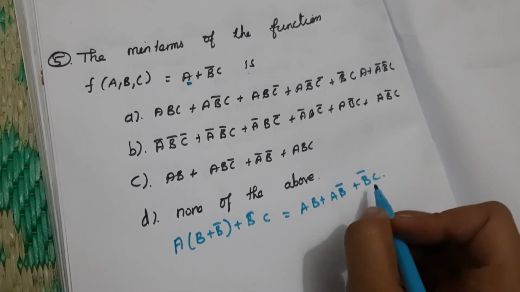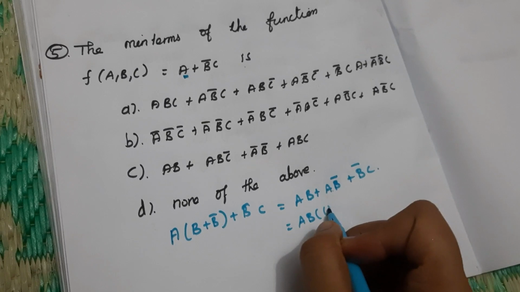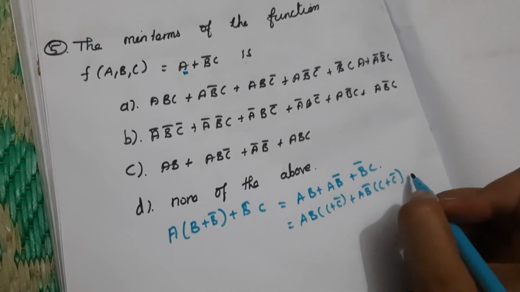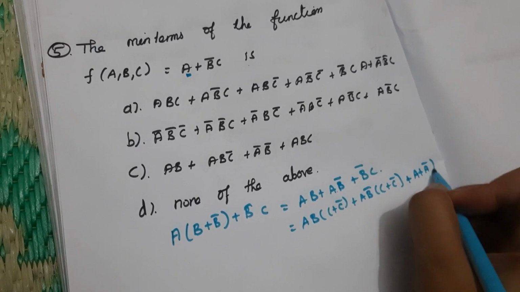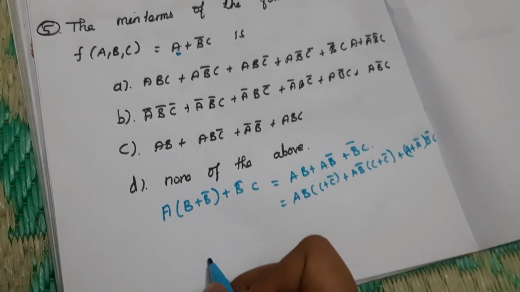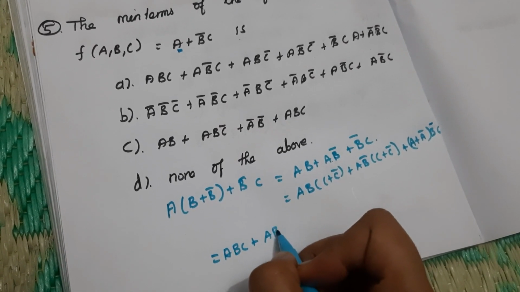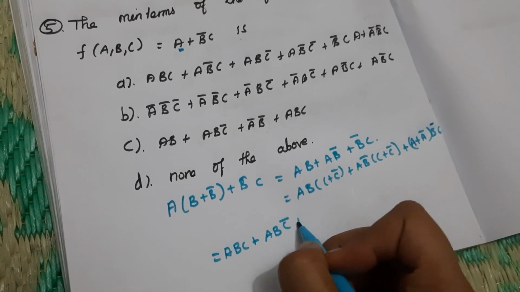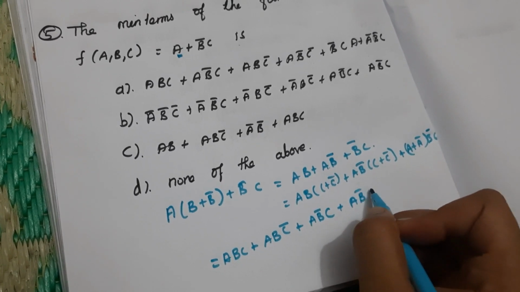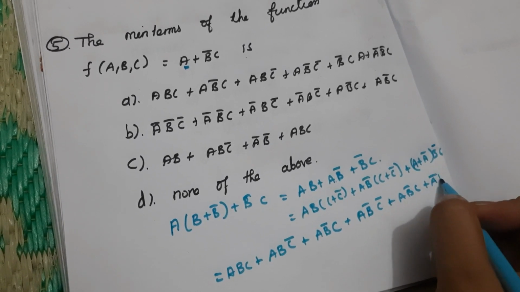And now also here a is missing, again here c is missing. So again abc + c' plus ab'c + c', and here a is missing, a'bc, b'c. So now we will get abc + abc' + ab'c + ab'c' + a'bc + a'b'c.